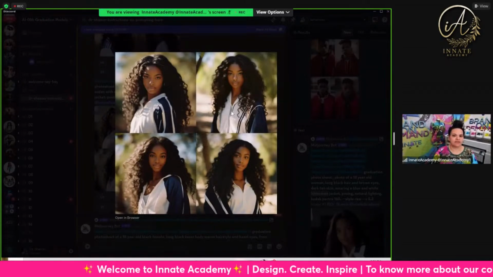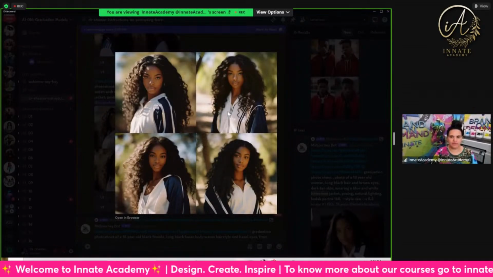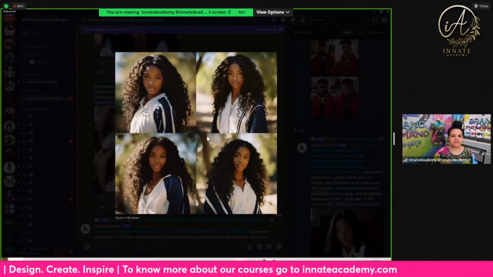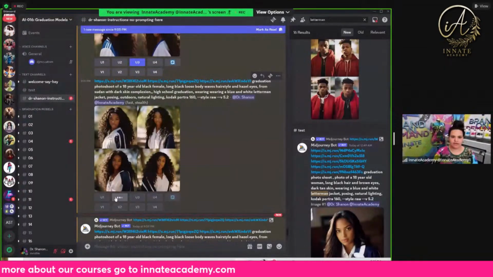Although if the skin tone's a little bit off, you can also edit those on Photoshop. But you want to start with the similar skin tone. That's why we put that in the prompt. I'm going to go with